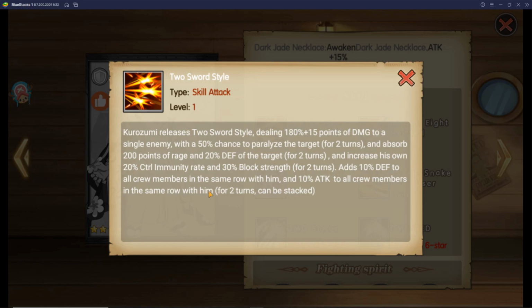Adds 10% defense to all crew members in the same row with him, and 10% attack to all crew members in the same row with him for 2 turns. Can be stacked. That's insane. So you might want to run skill trigger charts on him with like damage reduction flags. So he just keeps triggering this and stacking your team up and getting so much like defensive stats. Like, this character is